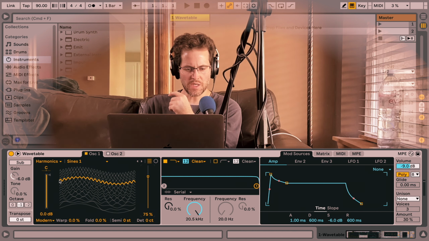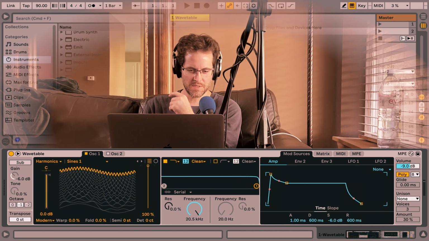And when we take a look at this yellow line, forget that we can go up and down to wave